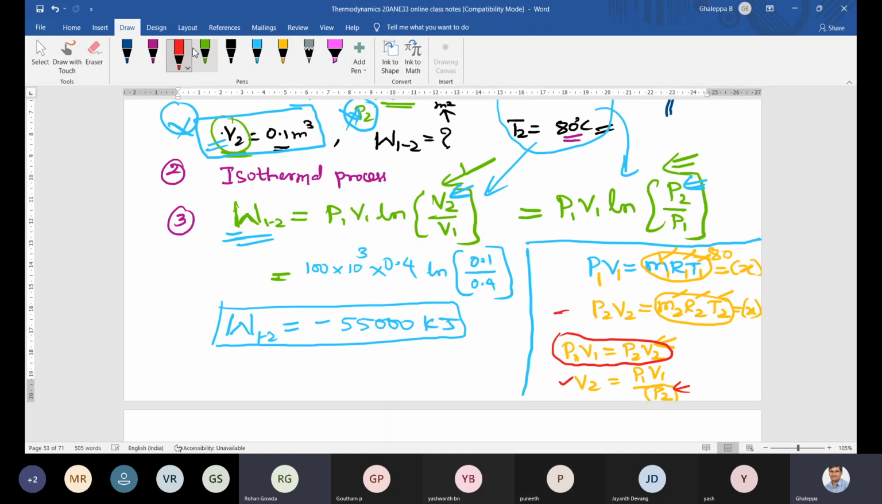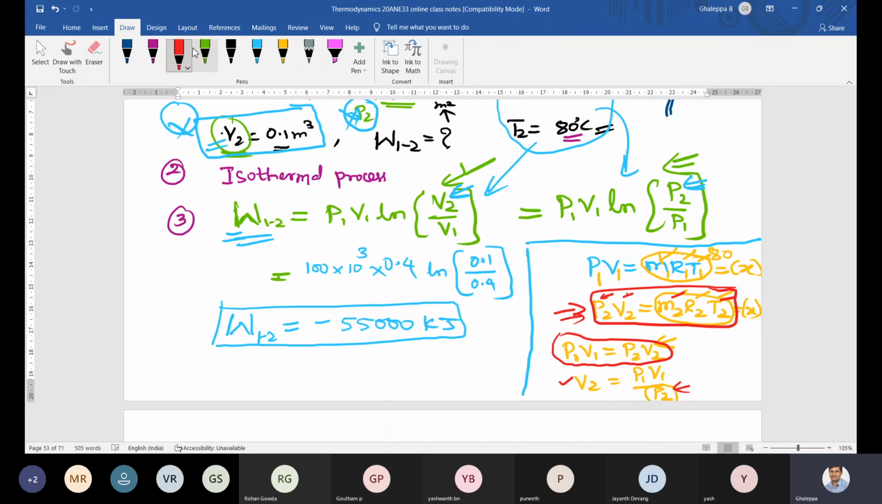Use this equation. Only this equation. Yes. P2 V2 is equal to M2 R2 T2. Temperature is given. Mass, you take 1 kg. Gas constant, you take it as a constant. And V2 is given in the numerical. Or else